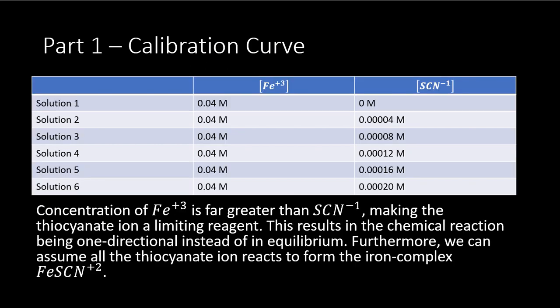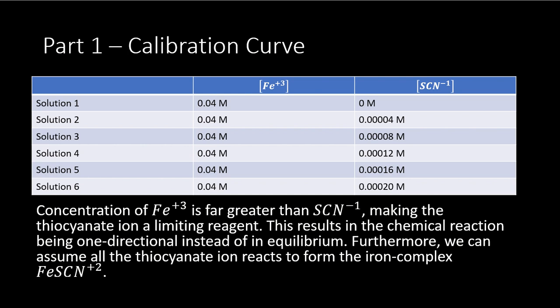What we notice here when we compare the concentration of iron 3 ion and thiocyanate -1 anion, each solution is going to have 0.04 molar iron ion, but the highest that our thiocyanate gets is